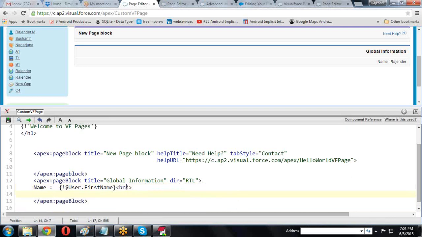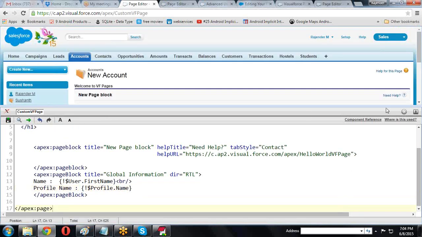So this is the first name, last name or profile name. How to display the profile name? Function dollar profile dot name. I'm displaying profile dot name.